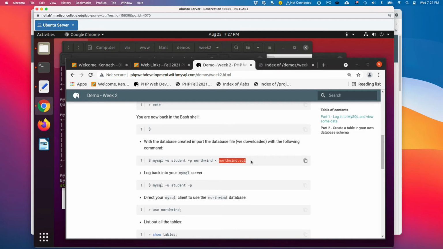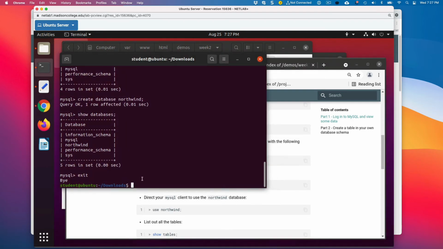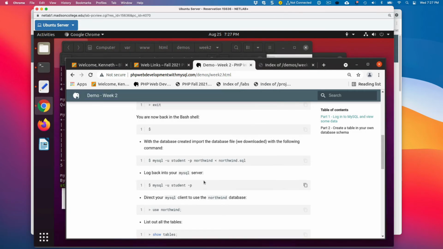So instead of me typing in a whole bunch of SQL commands in the command line interface, the actual Northwind database file that we just downloaded has all those commands in it. So that's going to go ahead and basically import all of the tables for Northwind.